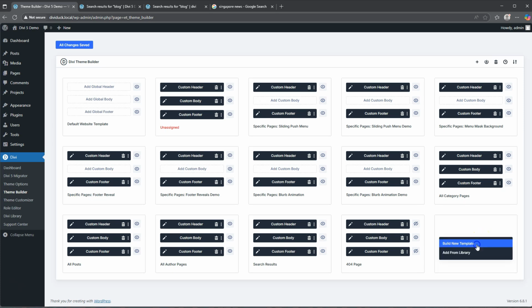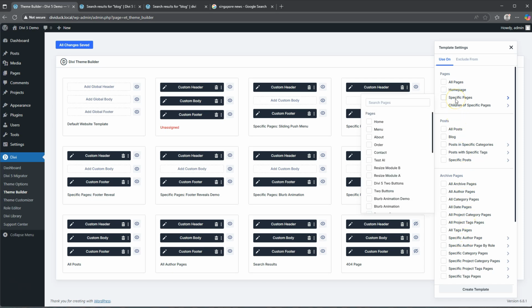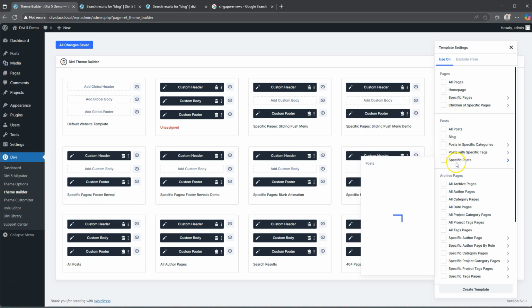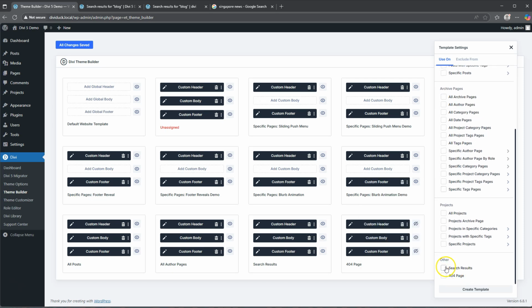What you want to do then is you just click add new template and build new template. All right, that'll kick up the template settings. And once this is up, you can see that you can build for all different kinds of things. For all pages, only for specific pages, which, if you follow my tutorials, you'll know I use quite a lot. For posts, and then all the different types of posts that you can have. But what we want to look at is, if you scroll right to the bottom, they actually give you search results right here. So if you tick that and you create a template here, then that's going to open up for you. So I've got it over here, and I'm just going to delete this